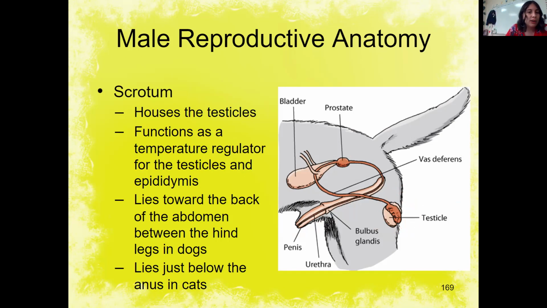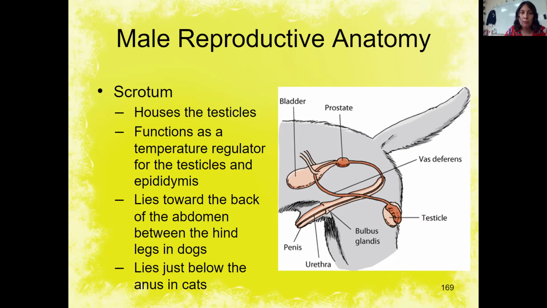But what people don't actually realize, people think that it's there for protection. It doesn't really do a whole lot of protecting. Its job is to hold. Its real job is to actually regulate the temperature. It's kind of like a little thermostat. Its job is to make sure that the testicles and the epididymis that are inside of the scrotum stay at a good temperature. The scrotum actually keeps the testicles a few degrees cooler than the rest of the body,